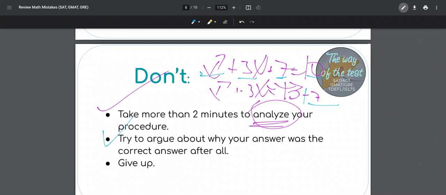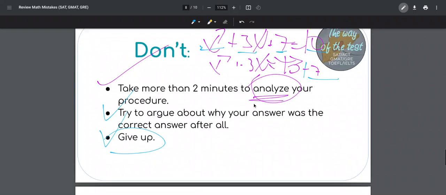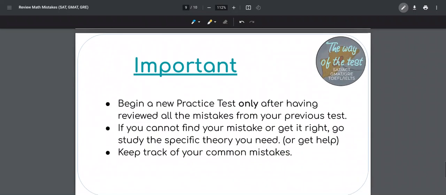If you're convinced that you're right and you can ask a friend or a teacher and they are also convinced, then just assume it and move on. And don't give up. As I said, you can Google things, you can use ChatGPT, you can use whatever you want, but you want to understand your mistakes. And it's very important, don't move to a new exercise or a new practice test if you haven't understood all your previous mistakes. So, important thing: begin a new practice test only after having reviewed all the mistakes from